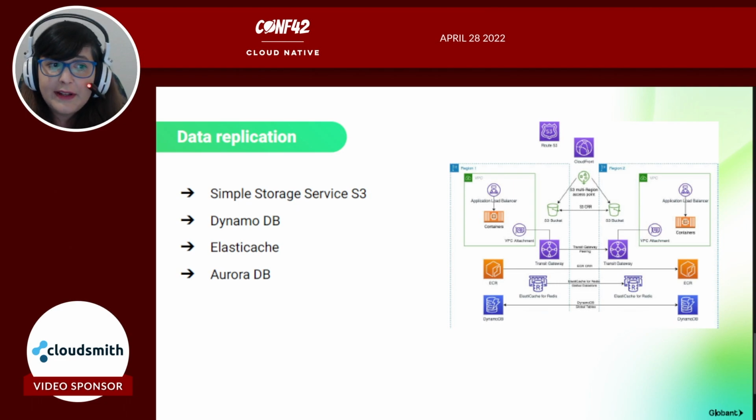For non-relational databases like DynamoDB, it has a global structure, has multi-writer capabilities, and will detect the changes and replicate them in other regions. For cache, we have ElastiCache for Redis. It offers a global data store to create fully managed, fast, reliable, and secure cross-region replicas for the Redis caches and databases. And for relational databases, such as